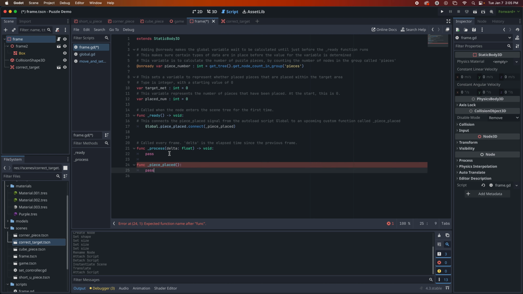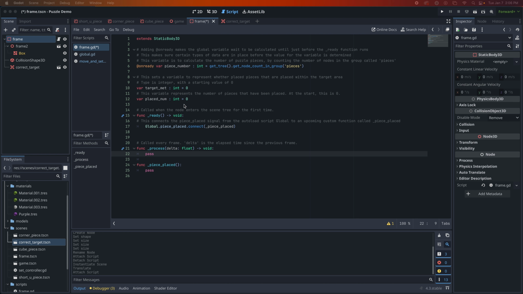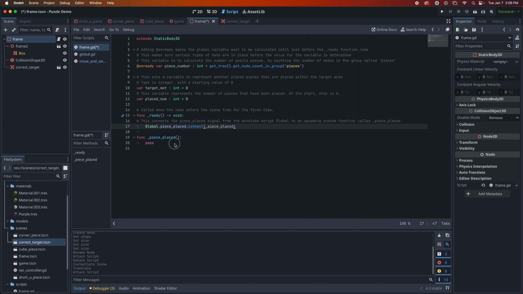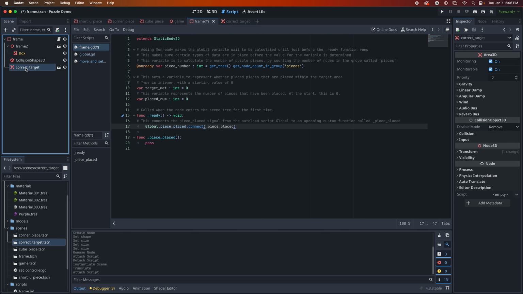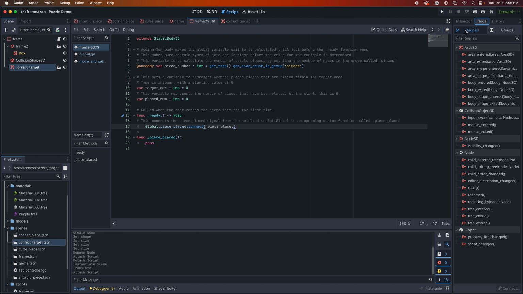And for now, I'm just going to have pass in there, and that'll just silence the warning. Now, I don't think I actually am going to use the process function, so I'm going to delete that. The next thing I'm going to do is work on getting a signal for when the piece actually enters the area. So I need to come over to my target, and when I come over to the nodes to the